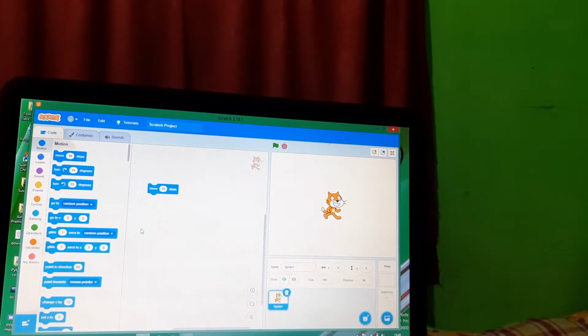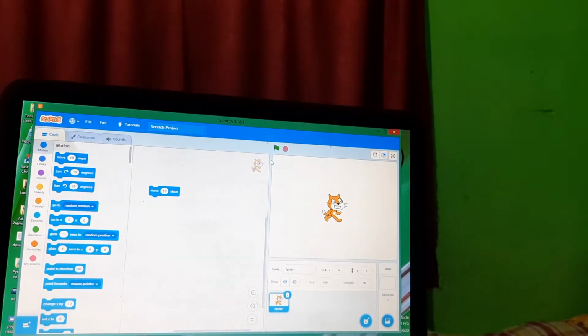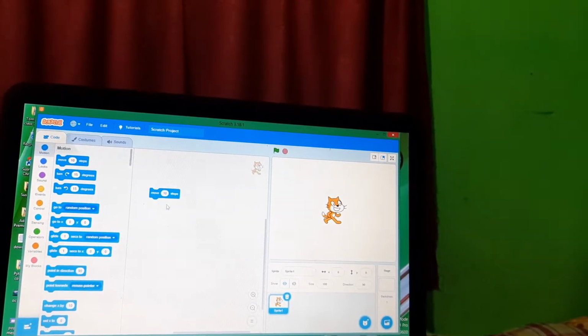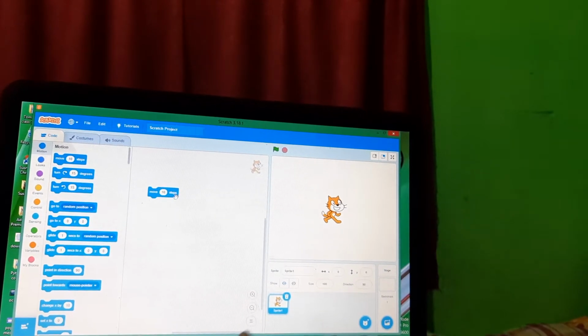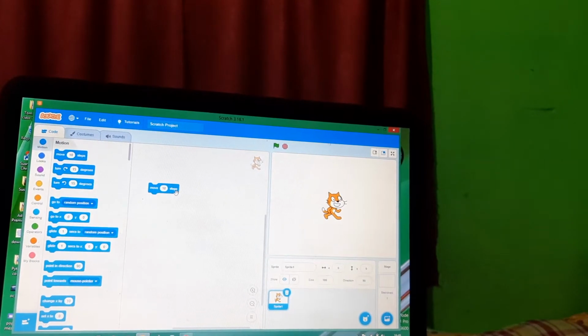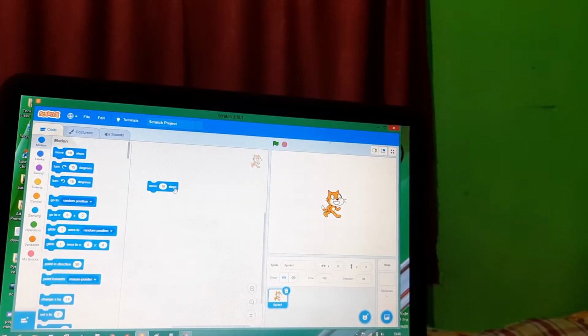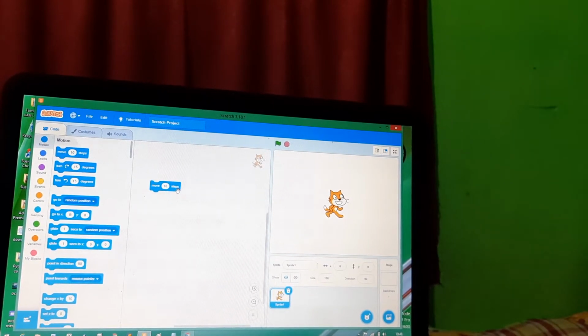Then you want to run this code, so you can just click the edge of the block, then you will see your sprite will move 10 steps ahead.